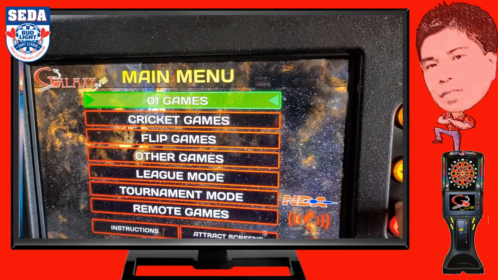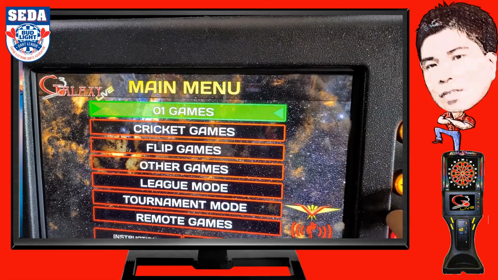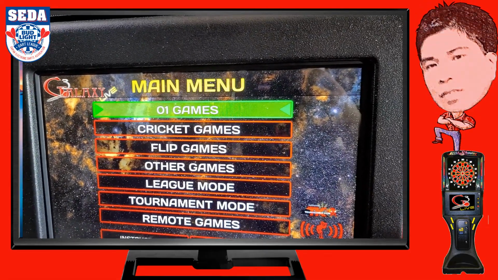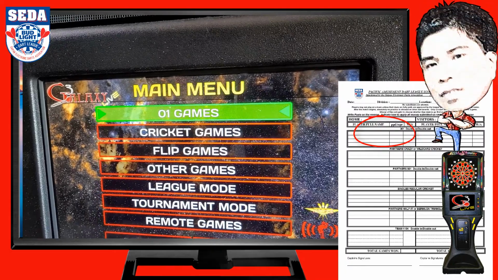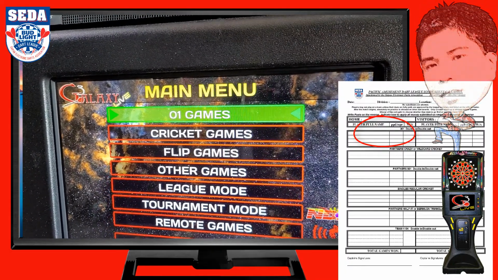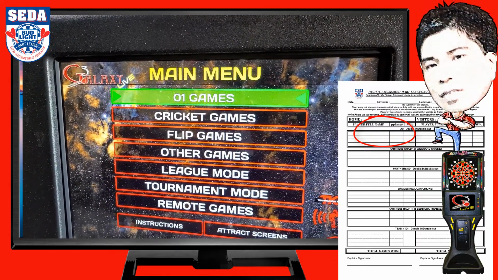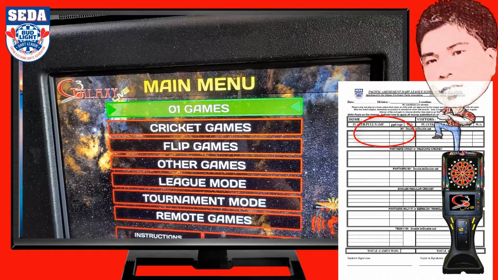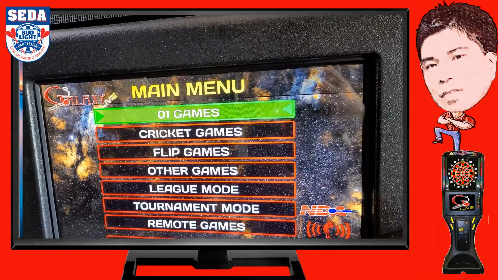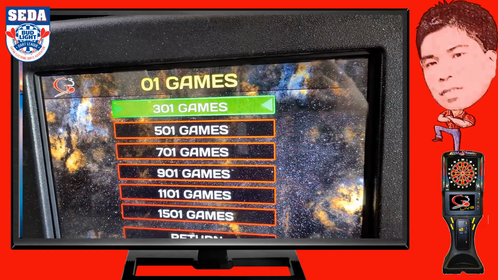To start the game, based on our score sheet, we're playing 301. So first for the players, set up the score sheet, write down their names, and set up the game. There you go. But don't forget to insert money, okay? The 301 game is 2 credits. Okay, 01 games,